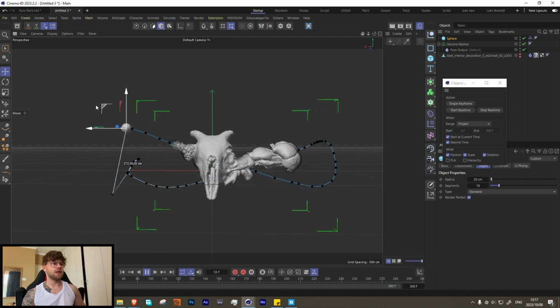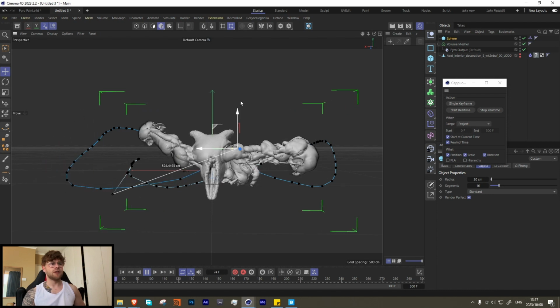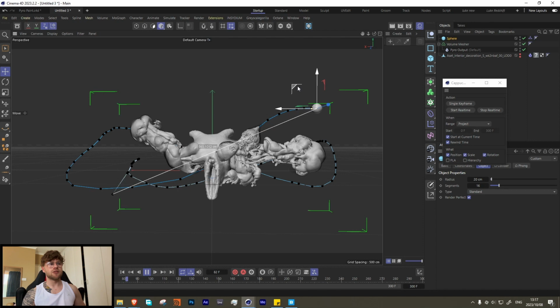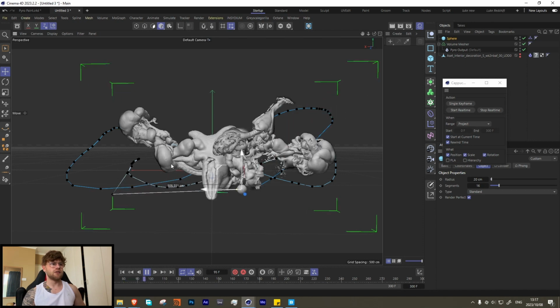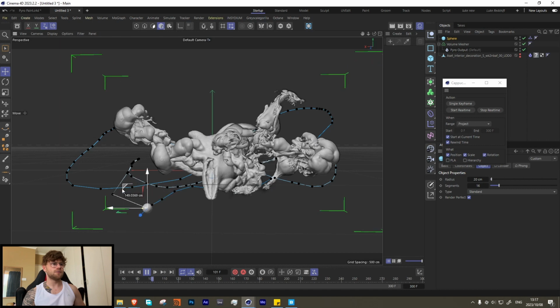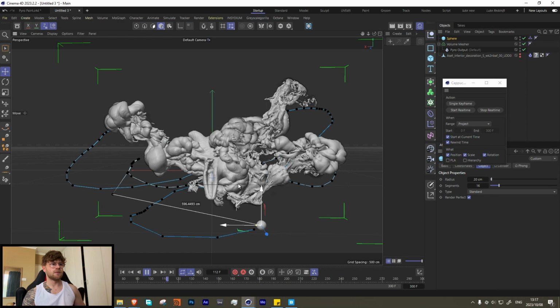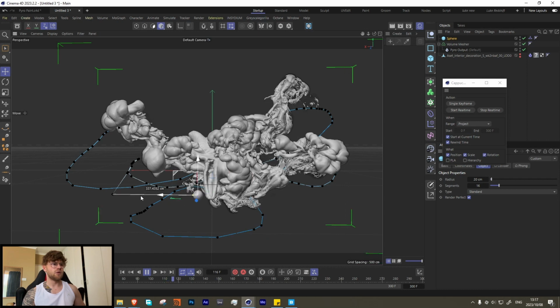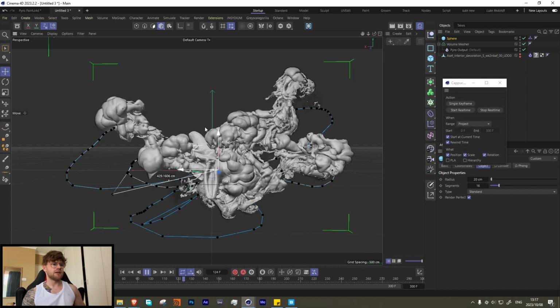So now you can go in here and create the look that you're going for. I don't really have anything in mind. I'm just gonna randomly move the mouse around to get something that I think looks cool. And some more down in this direction. And then maybe like